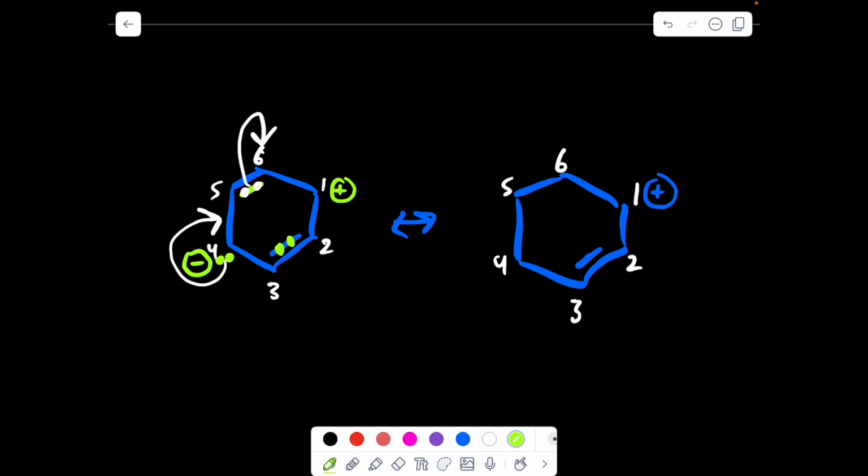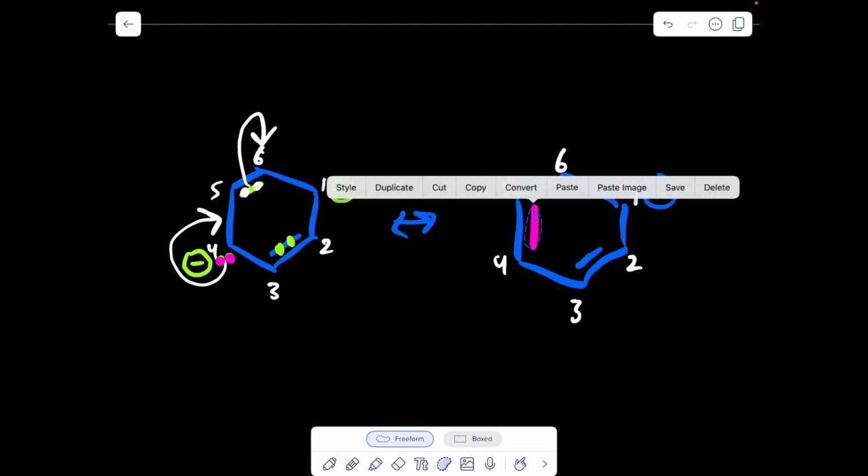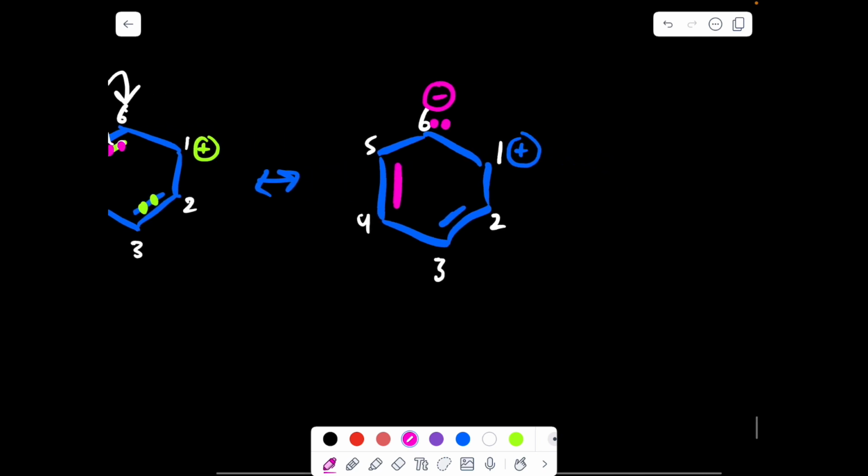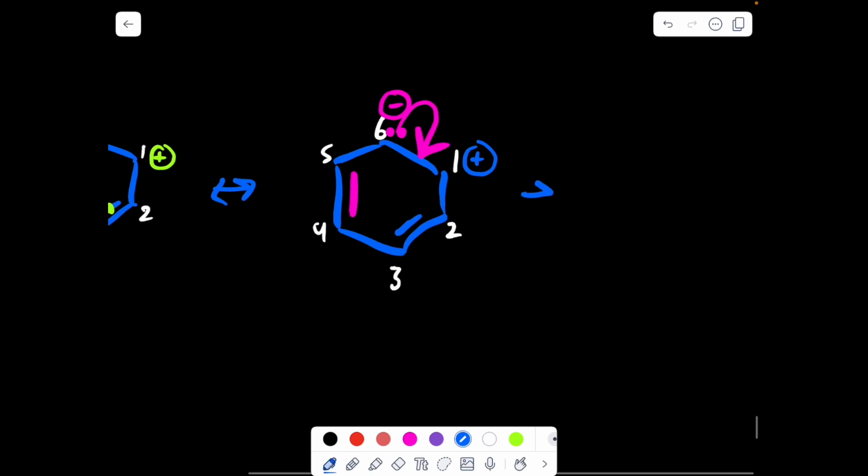Now, the lone pair initially on carbon number 4 jumps in between atoms 4 and 5, so it becomes a bond in between atoms number 4 and 5. And now the 2 electrons initially part of the pi bond in between atoms 5 and 6 jump right on to atom number 6, so it becomes negatively charged. So this would be our final resonance structure. And then we can draw one more arrow, 2 in. And what do we get? We get our original structure, where we had